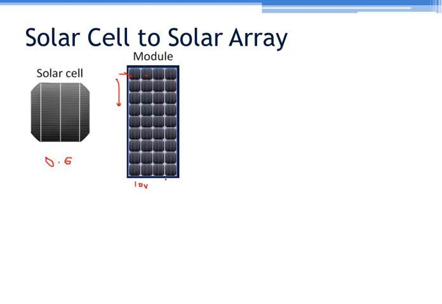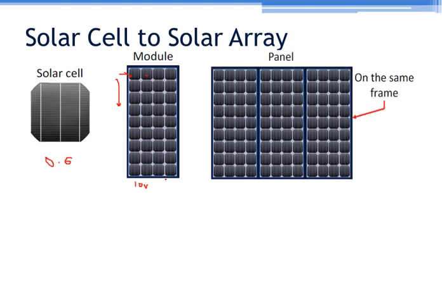Now solar modules generate voltages, let's say up to 300 volt. When you have a low power application, you can connect one solar module. If your application needs higher power, then you have to connect two modules together. This is called a solar panel. So a solar panel is a collection of solar modules which are again connected in series or parallel, on the same frame. Now the power rating of a solar panel will be higher compared to a solar module. So we are moving from solar cell to solar module and then solar module to solar panel.